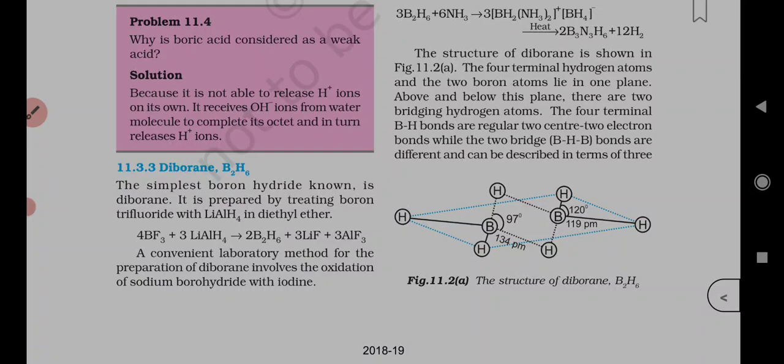BHB वाला, तो there you can see that 1 2 3, 1 2 3 4. So 4 are there. So 97 degrees and 120 degrees in the outer side. Okay, inner side उसको strain होगा तो वो 97 degrees, बाहर 120 degrees. और यहाँ पे 119 पिकोमीटर होगा. और जो डॉटेड लाइन से बना हुआ है